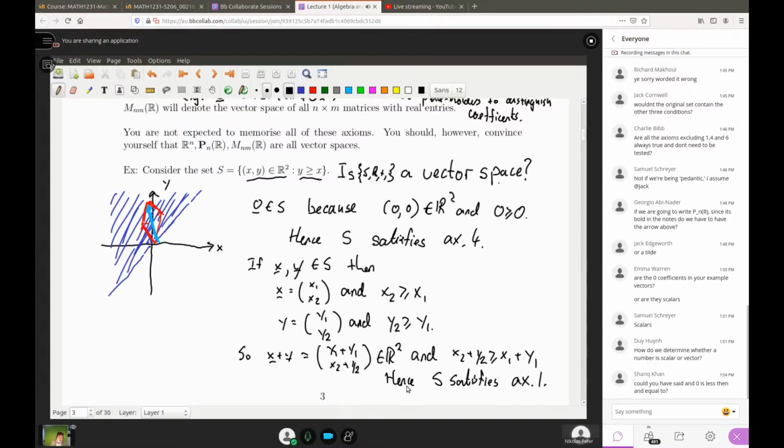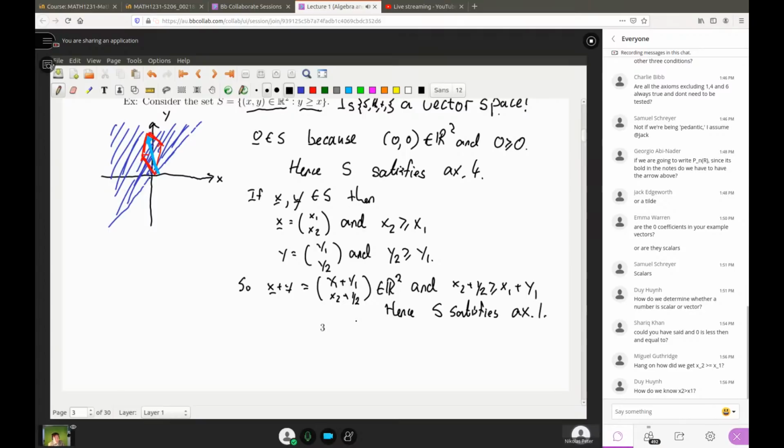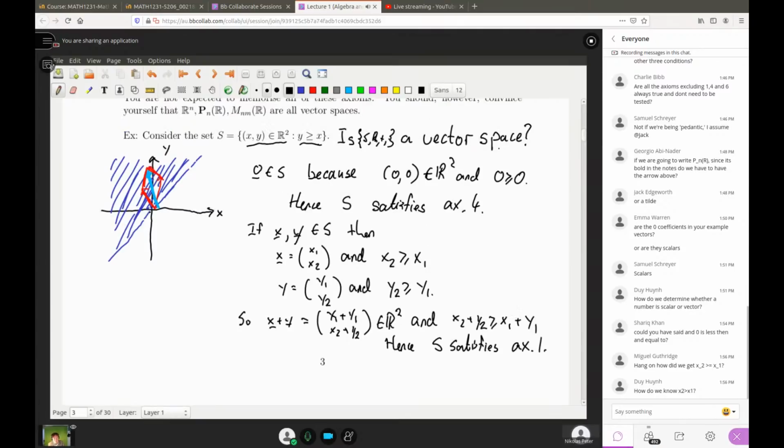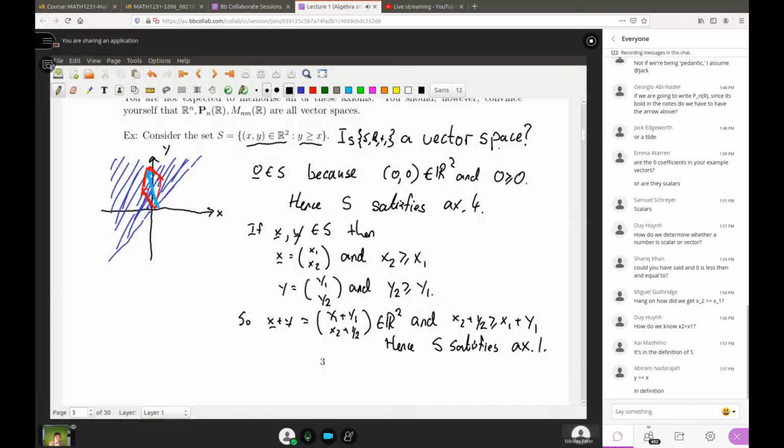The final thing: so far it's kind of looking like a vector space. We've tested a bunch of axioms and we've shown that it seems to satisfy those axioms. Now, when you're trying to prove someone is guilty in a court of law, you need evidence, and you only ever need one piece of evidence, and that one needs to be rock solid.